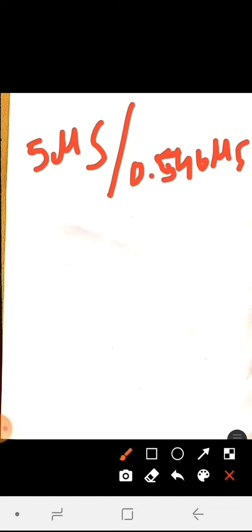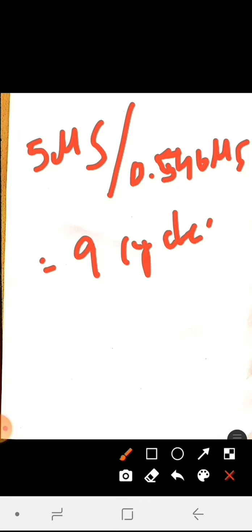With 5 microsecond of delay, divide the desired delay by the period we calculated, 0.546 microsecond, for which you will get the value 9. That is nothing but 9 cycles you need.